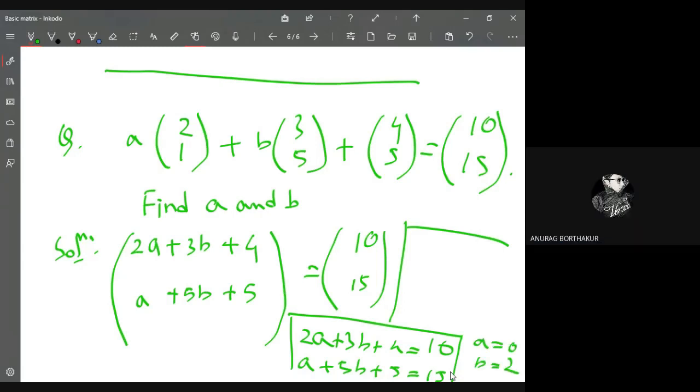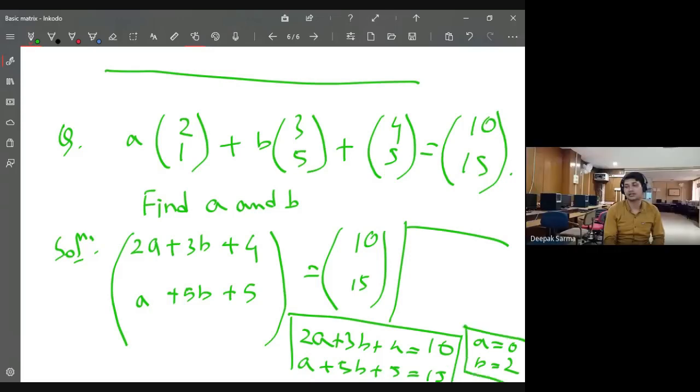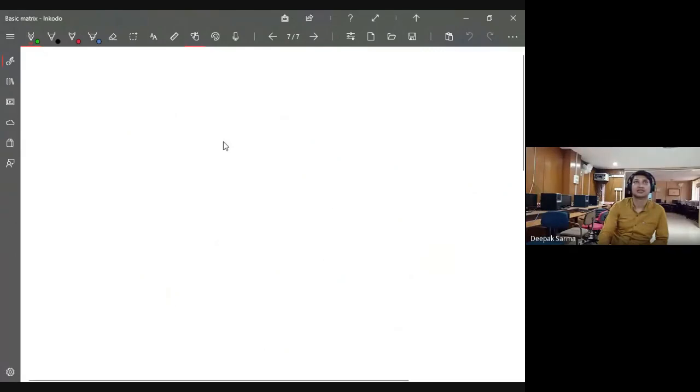B equal to 2. So I can get the answer. So you can find it. Okay, maybe I chose some random number, so it can be anything. So you can find it. Okay, any doubt? Any question from any of you? No question. But I like questions. Okay. If you don't have any question, let me jump.